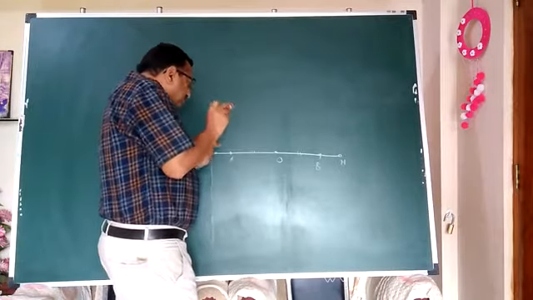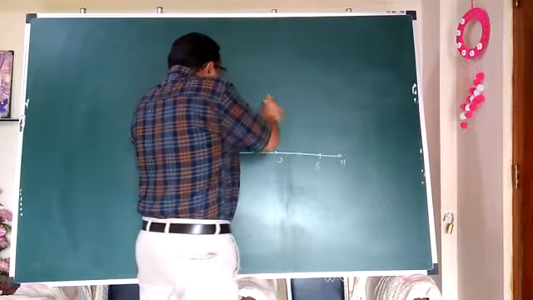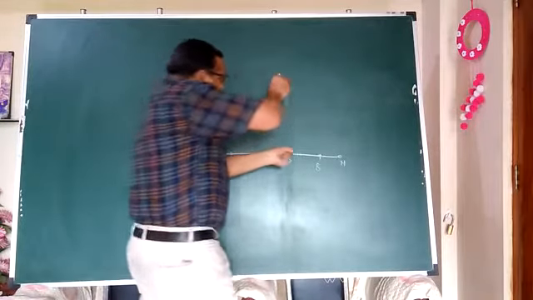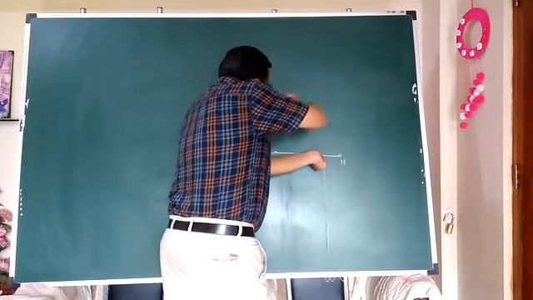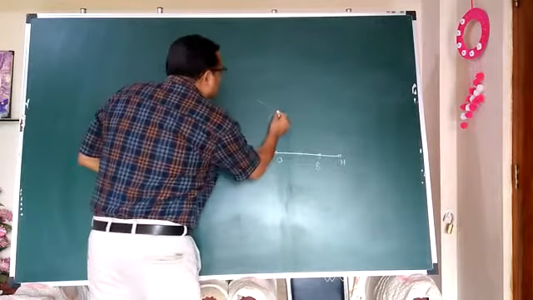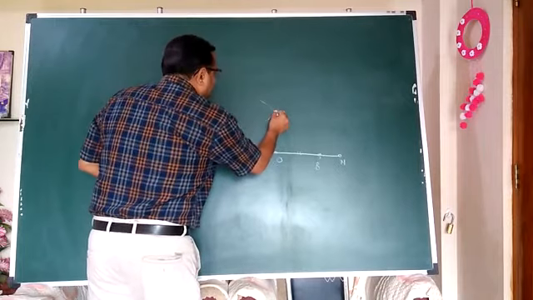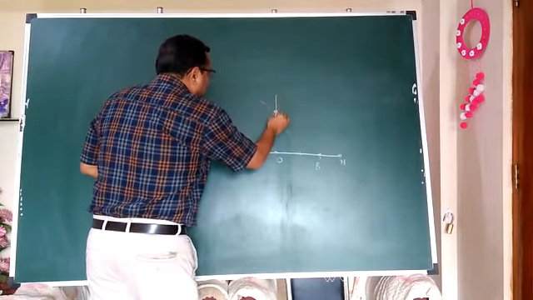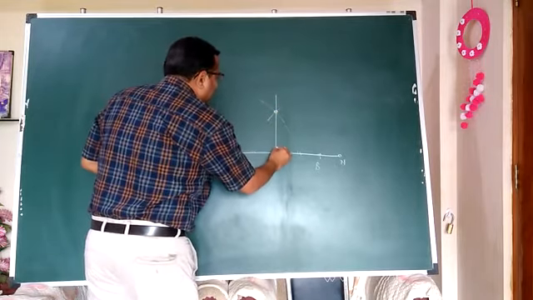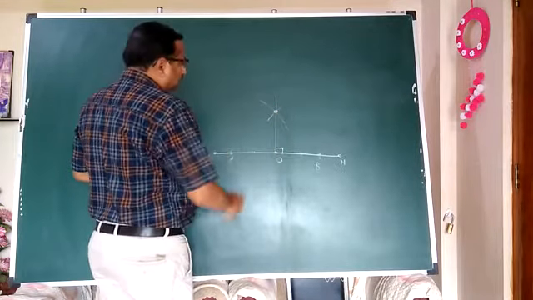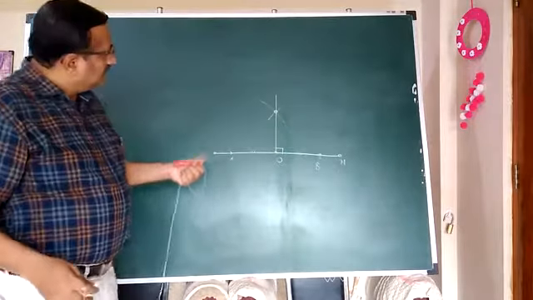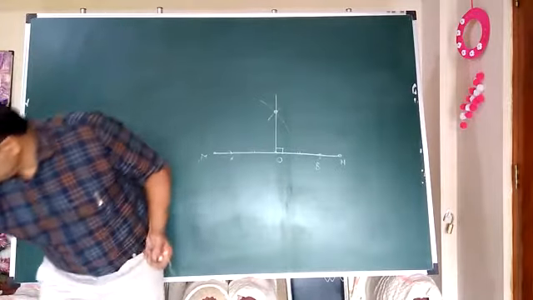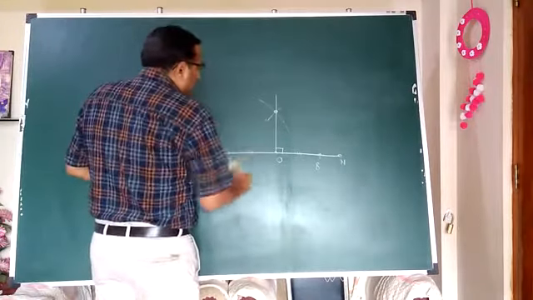From A, with this radius and without changing the distance, draw one long arc. Then, through B, draw an intersecting arc in the same way. Now connect this intersection point with O and extend it. It will yield the desired perpendicular line drawn to the point O, which lies on the given line itself. So this is the procedure for constructing a perpendicular line to a point on the given line.